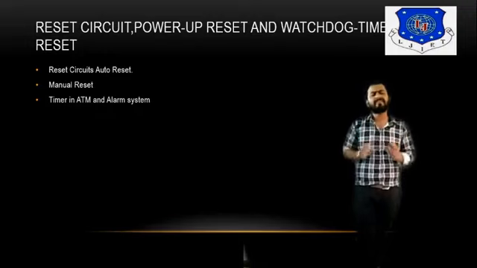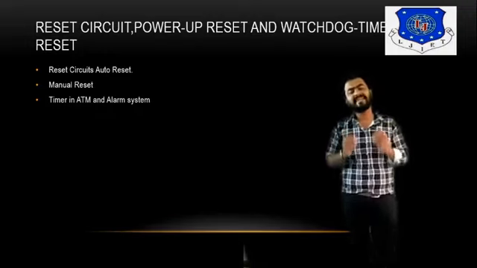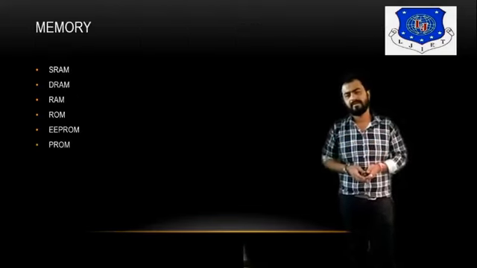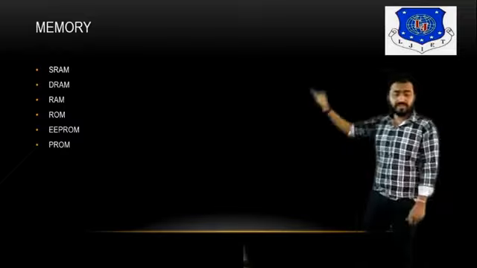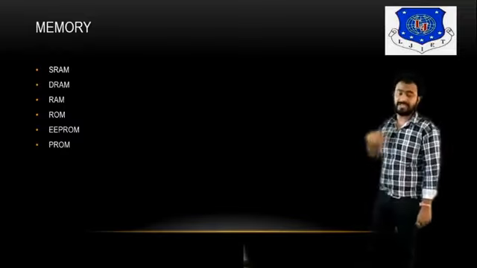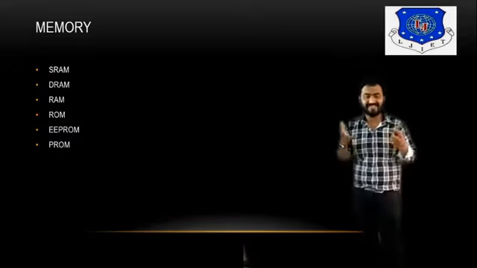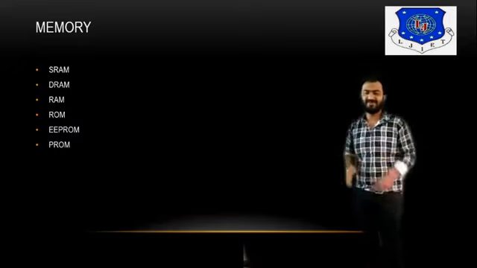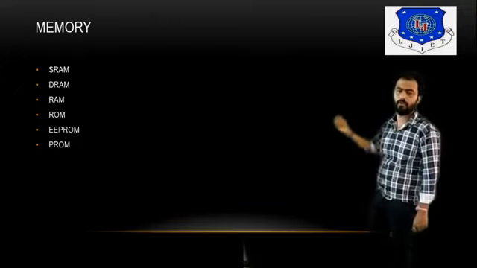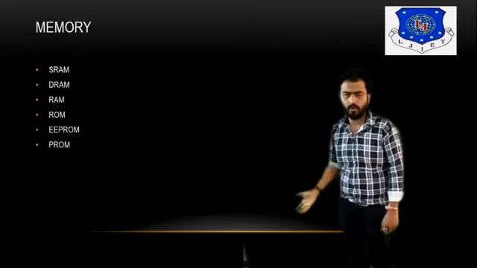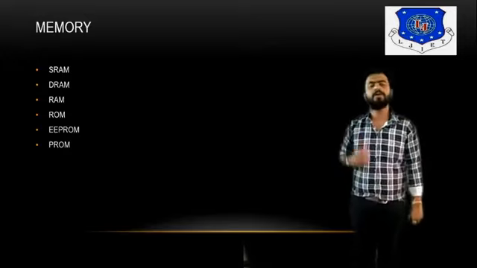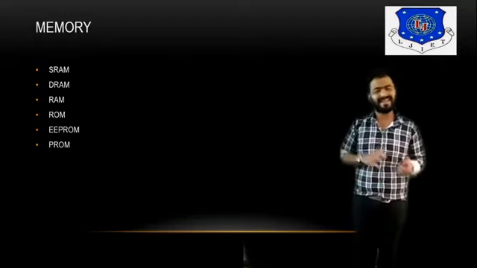If we're talking about the hardware parts, then each and every component plays a main role. Memory is one of the most important parts in any device right now. The memory is required to store your data. If your task is performed, then ultimately you have to save your data somewhere. So we're talking about the SRAM, DRAM, RAM, ROM, EEPROM, and PROM: programmable ROM, electrically erasable programmable ROM, random access memory, ROM, dynamic memory, and static memory.